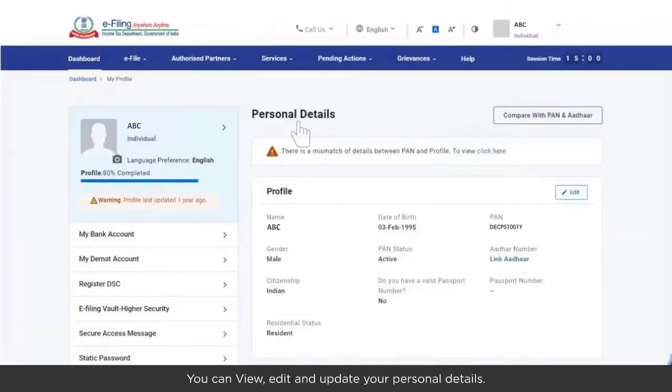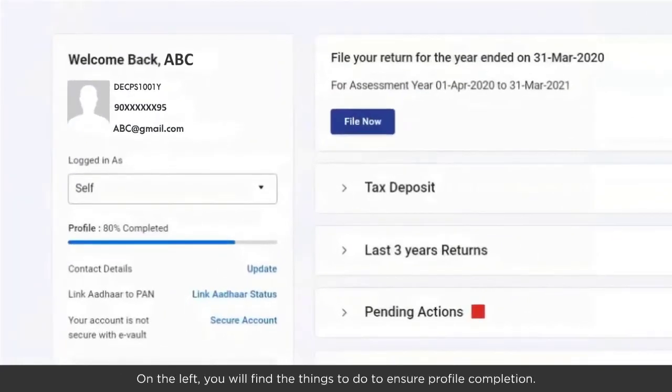To view your personal profile, click on the My Profile option. You can view, edit and update your personal details. Your contact details must be updated promptly to ensure hassle-free communication between you and the Income Tax Department. On the left, you will find the things to do to ensure profile completion. Ensure that your profile is complete so that you can make the best use of the portal and receive timely